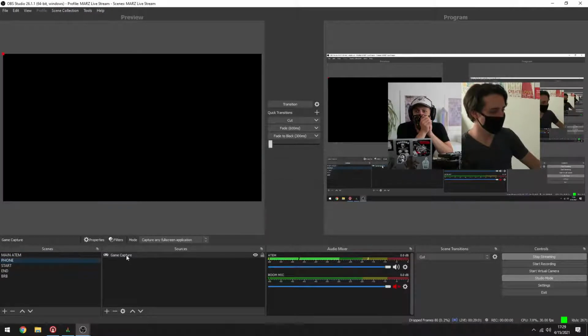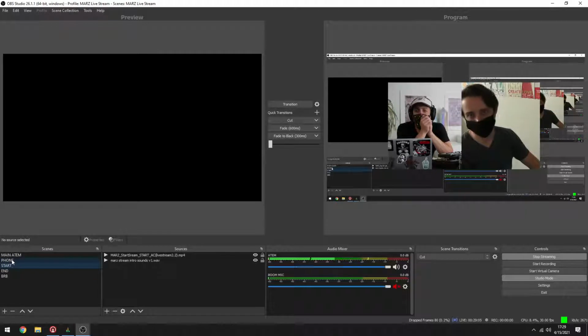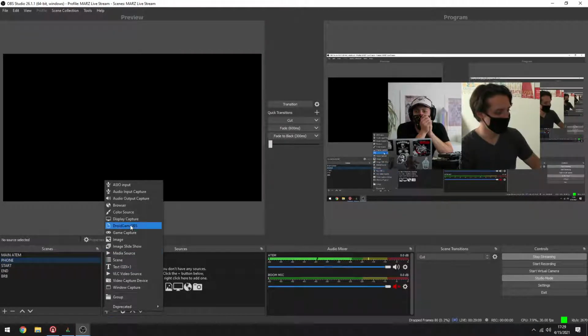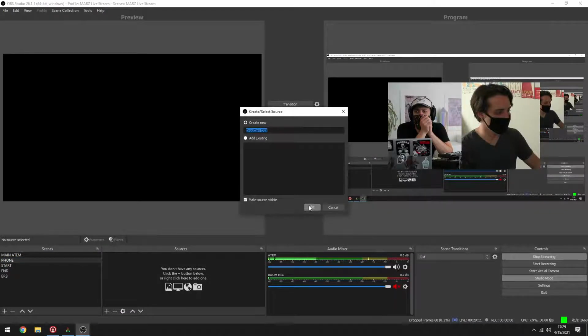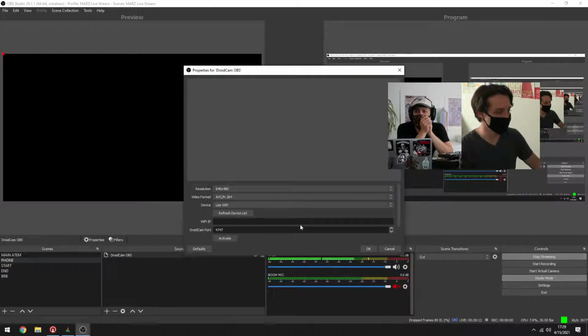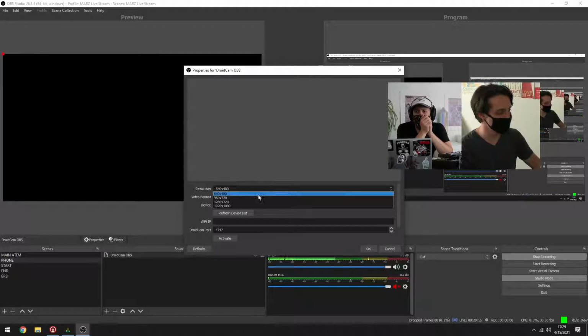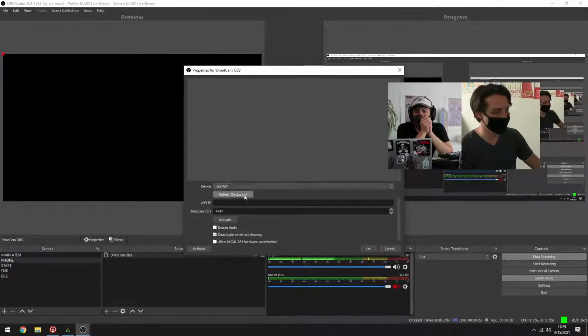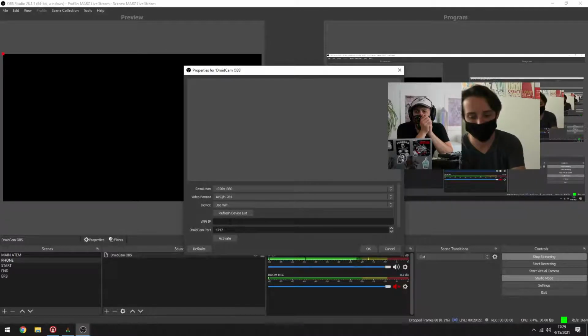Oops, I want to make sure I don't delete my... You can select these over here. You see they turn blue when you've selected them. But I want to add back in my DroidCam since I deleted it. Add. And so here you can select your resolution. You've got video format. I'm going to use Wi-Fi. And if I look at my phone,